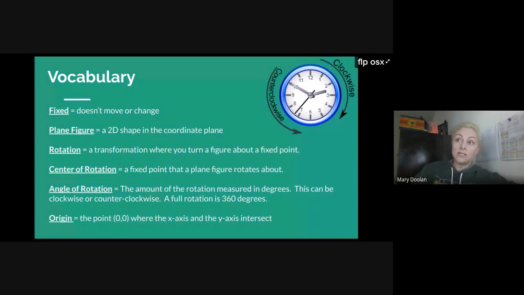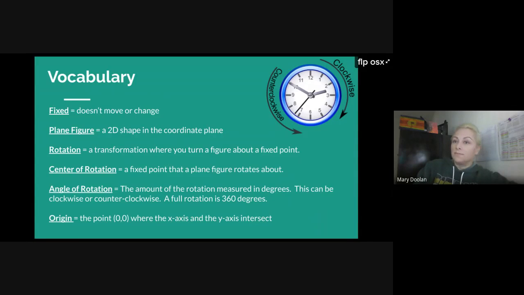Angle of rotation tells us how much to turn it. It's the amount measured in degrees. A complete rotation all the way around would be 360 degrees. And so we could do any number of degrees rotation. Common ones would be 90 degrees and then multiples of 90 after that. So a common turn or rotation would be 90 degrees, 180 degrees, 270 degrees, 360 degrees, and you can keep going as well. You can also have negative rotations with negative numbers,